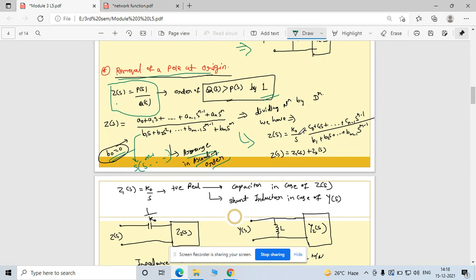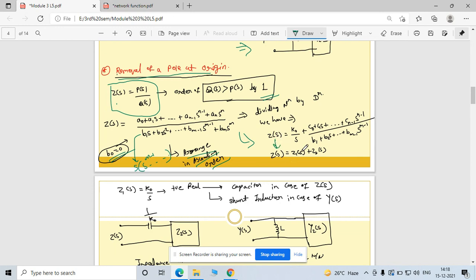See, there is one constant term you will get, which is represented as k naught by s, right? This is nothing but your partial fraction method. Now see, this term is in the format a1 by s and b by this equation, the second one. So this is the same. Now from this you can observe this is a general method.